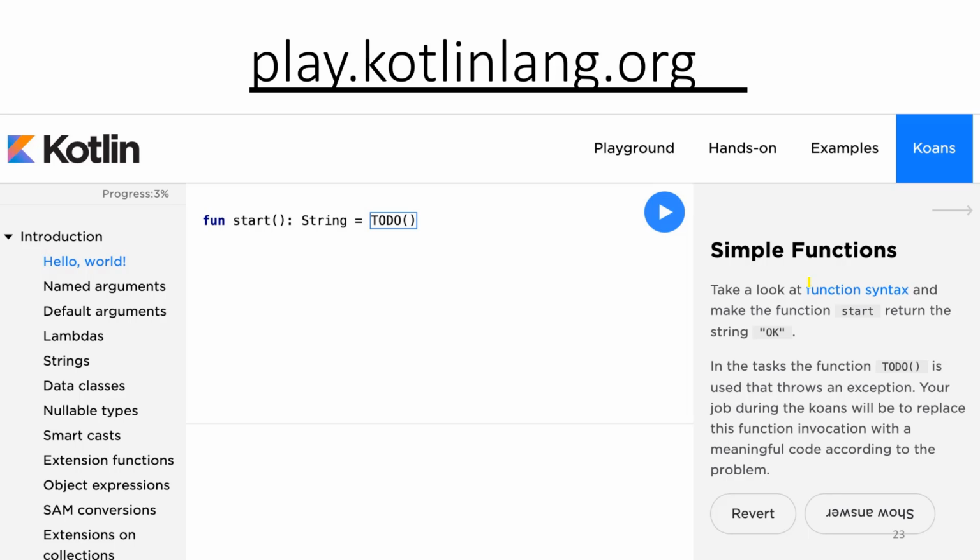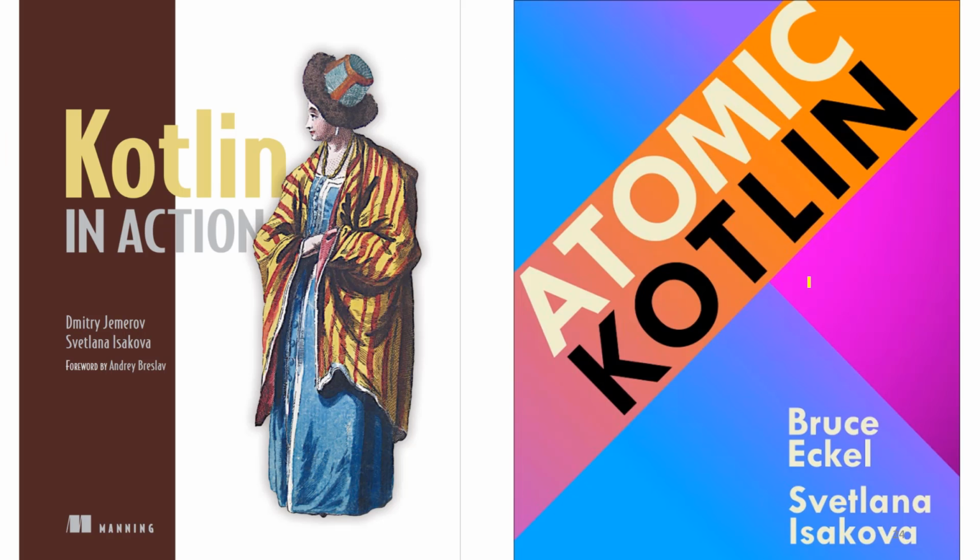So go and visit play.kotlinlang.org and get practical knowledge and experience of how Kotlin works, and what are the building blocks and fundamental basics of the Kotlin language. There is a very good book called Kotlin in Action.